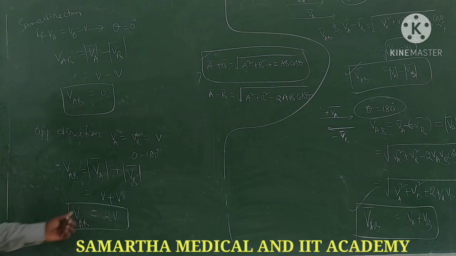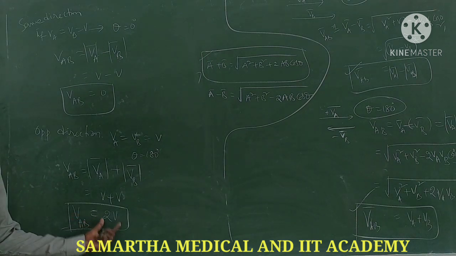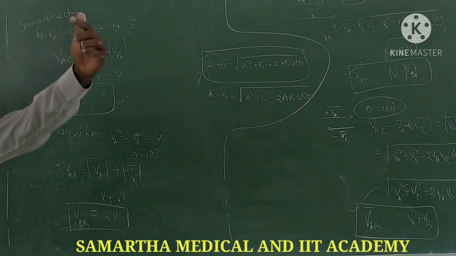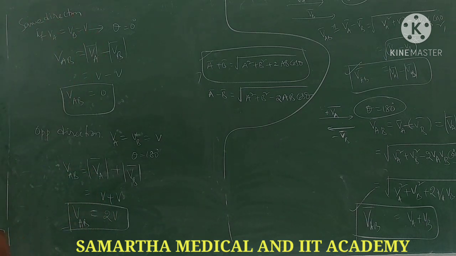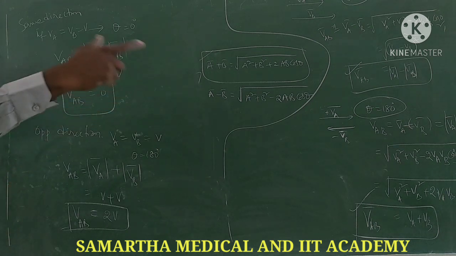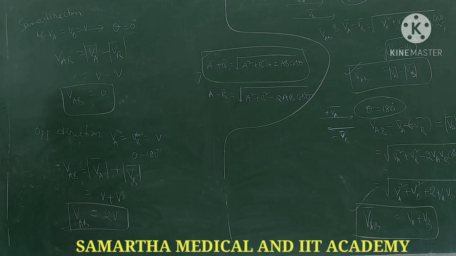So with respect to you, you need to check whether it is going in the same direction or the opposite direction and decide the direction. If you take your direction as positive, the opposite direction is negative. So with 2V in magnitude, direction-wise with respect to you, that is negative, so minus 2V you can say. With respect to them, yours is plus 2V. Understood? This is about relative velocities.